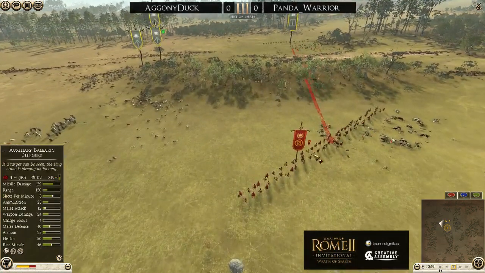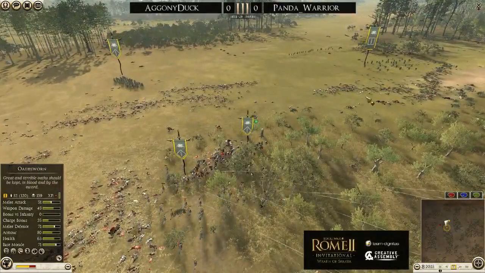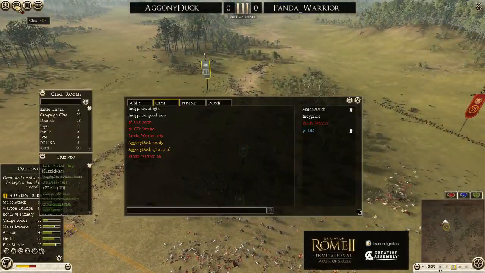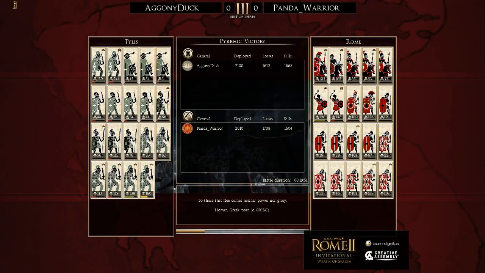The slingers do have some ammo left in them, and they haven't routed yet, but they won't be able to do enough against these tribal warriors in the Oathsworn. And there's the GG's drop. GG! GG, boys. I think at the end of the day, it came down to the use of